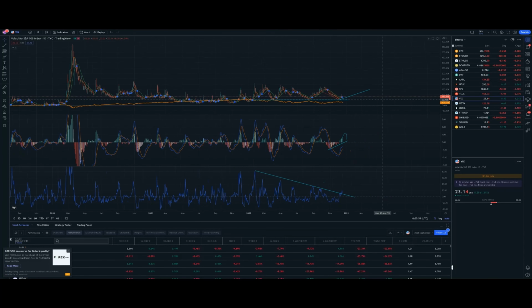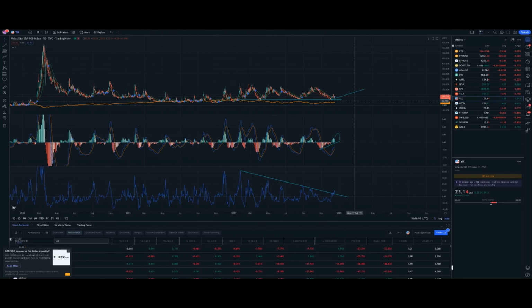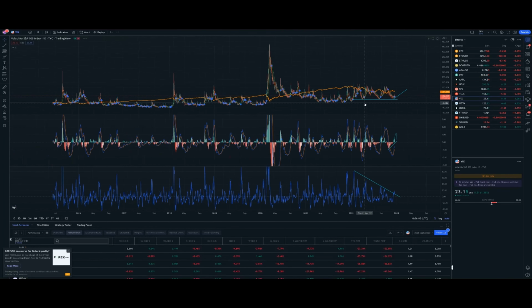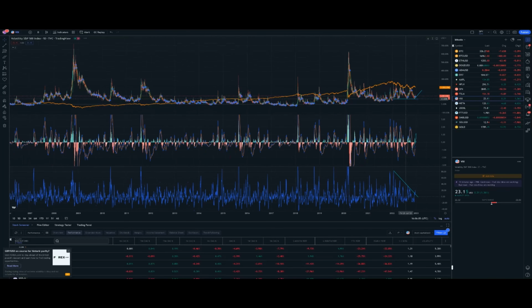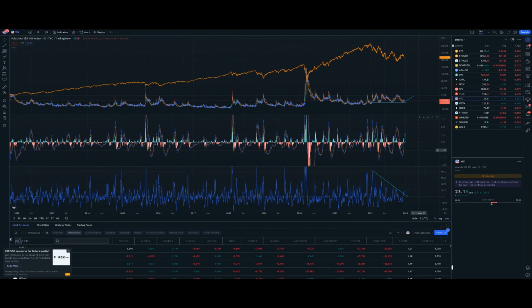Right now, we are getting a breakout of the VIX, and that is leading to the S&P 500 crash, as you can tell right here. Let me overlay it right there. You can see how we're not done yet, not even close. Right here on the daily, as far as the MACD, it does look like the VIX has another big breakout to go through, and that'll put a huge dent into the market.